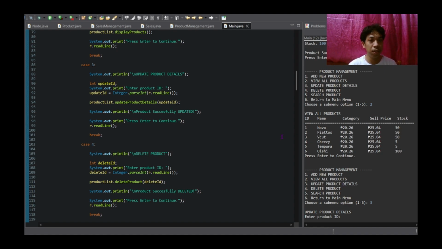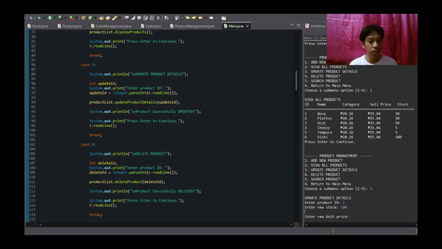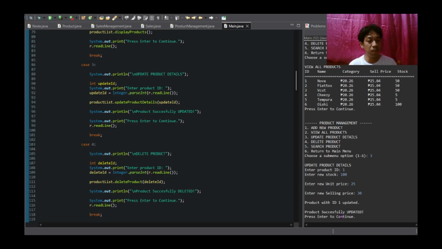Let's try number 1, which is Nova. Enter a new stock, 100. Unit price is 25 and selling price is 30. And the product is successfully updated.